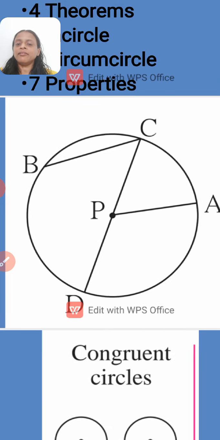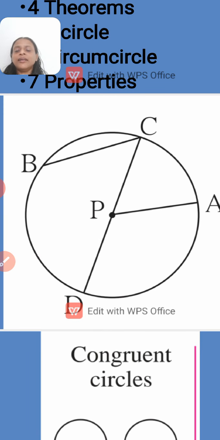So have a look at this figure. Simultaneously, I want to ask you one thing. On hearing the word circle, many of you can imagine some objects in your mind. Isn't it? Yes, a pizza. All of you are very much interested in pizza. You are fond of pizza, I know that. Pizza is a round shape, that is a circular shape.